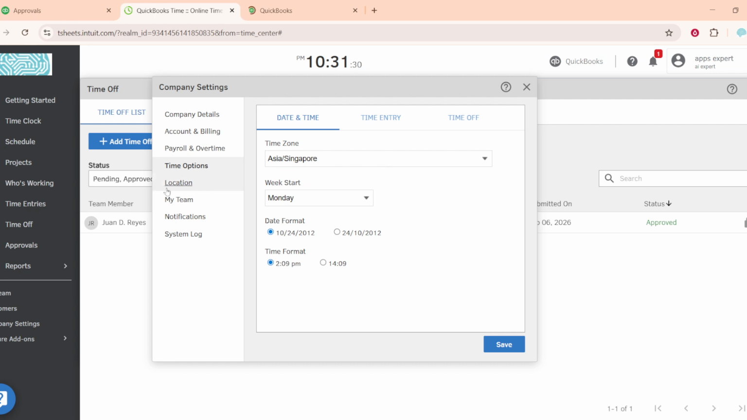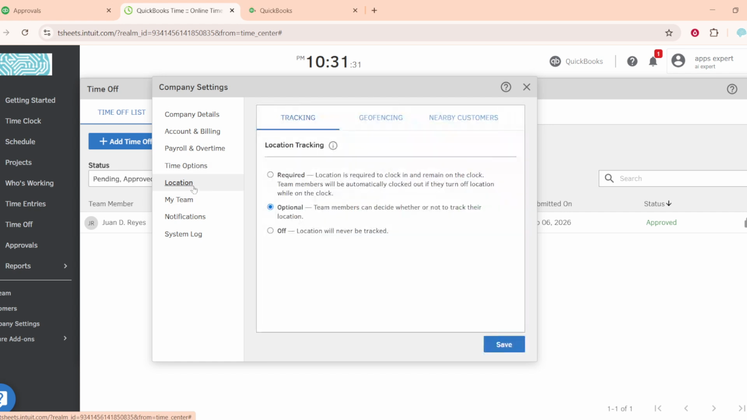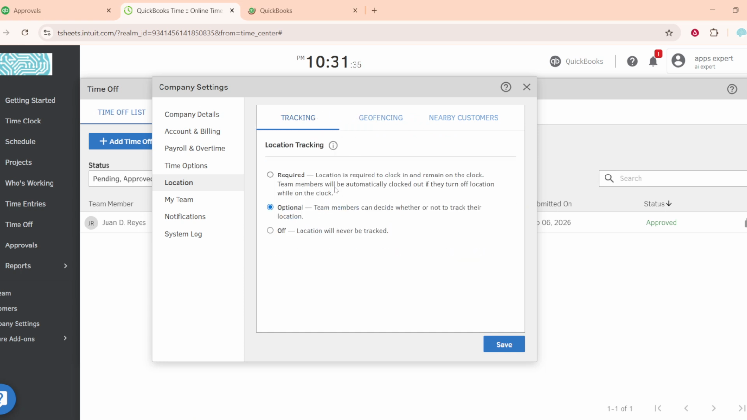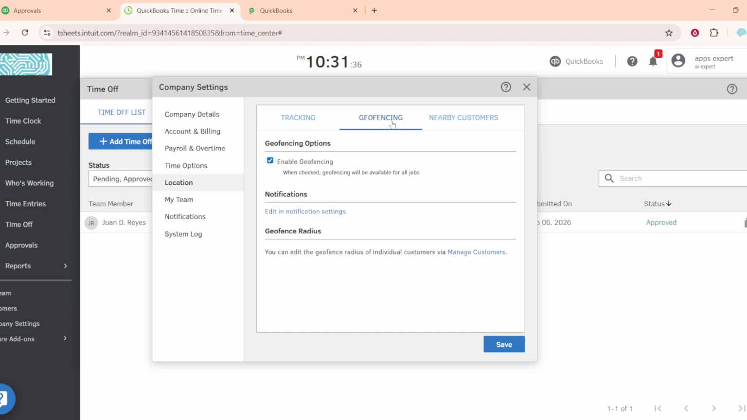Select Location to manage location tracking and geofencing. You can prompt team members to clock in when they enter a work area and remind them to clock out when they leave. Set a reasonable geofence radius and communicate your policy clearly so your team knows tracking applies only